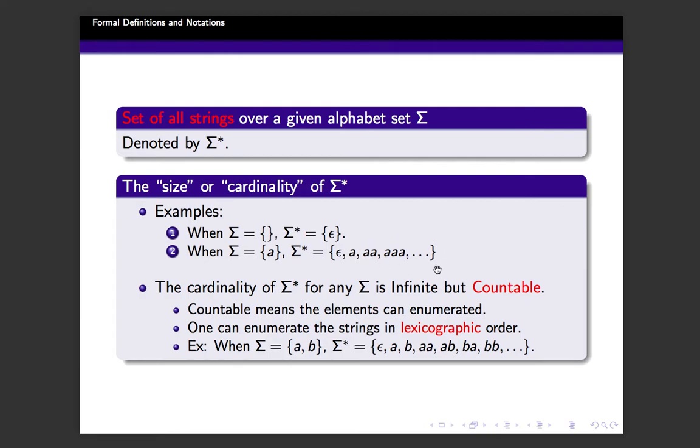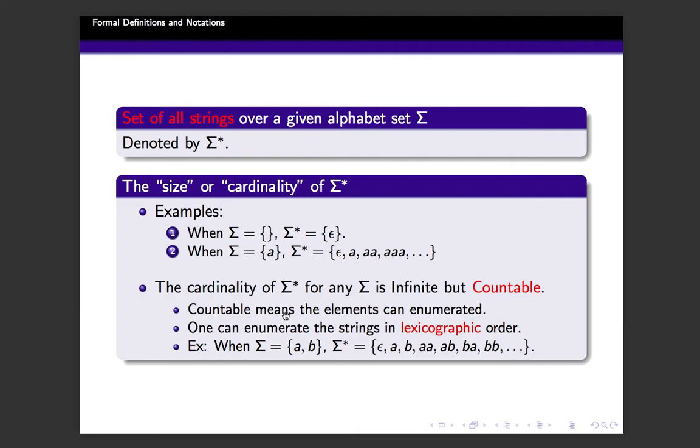Okay, it's very clear that it is infinite. Now the question is, why is it called countable? Because countable means the elements of that set can be enumerated or listed. That means if you give me a countable infinite set, I can tell you what is the first element in it, what is the second element in it, what is the third element in the given set, etc.